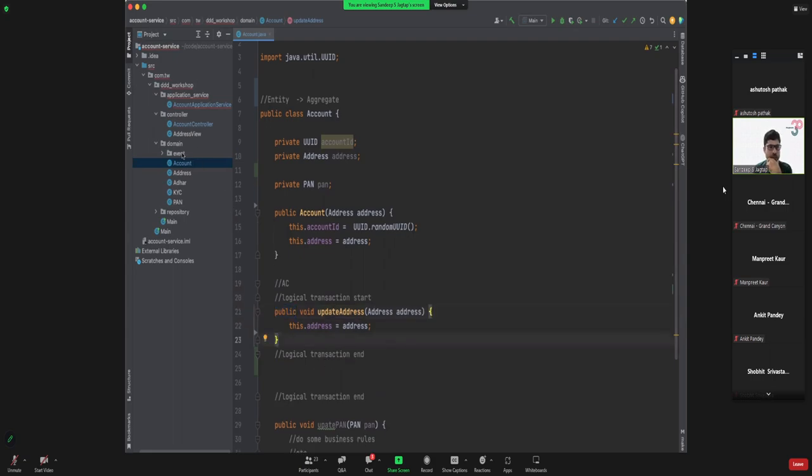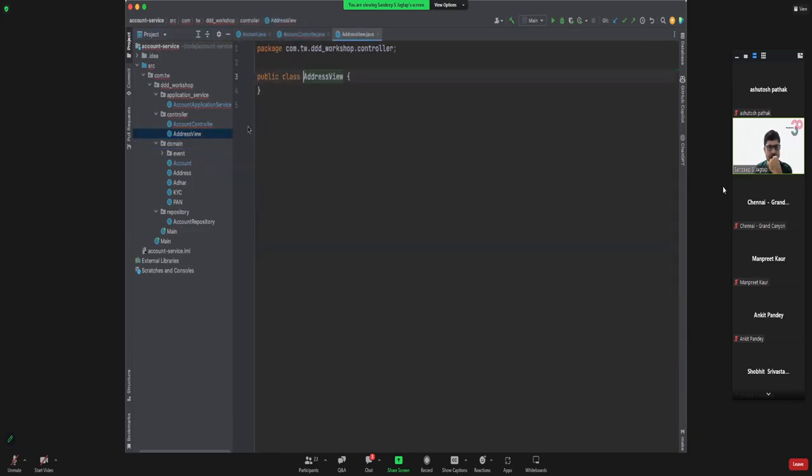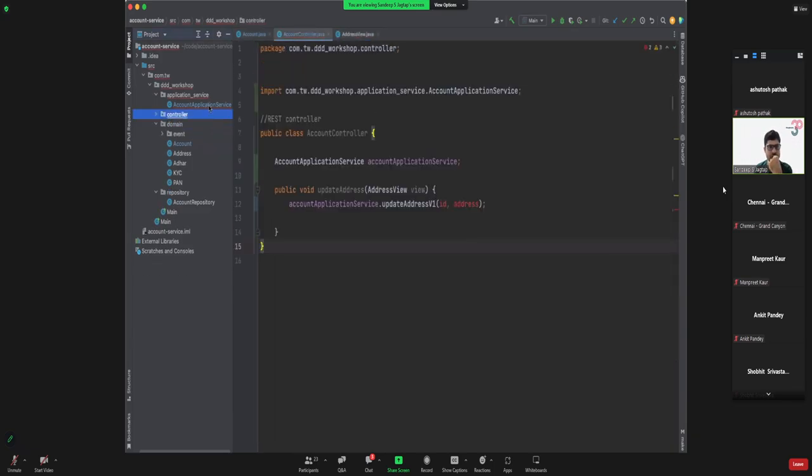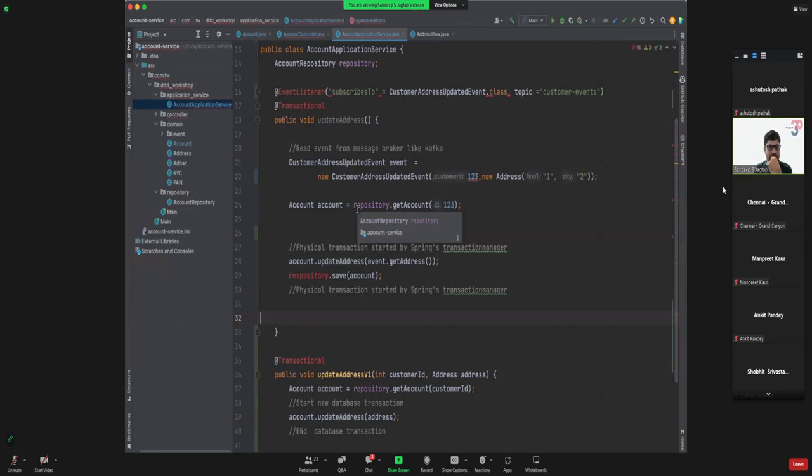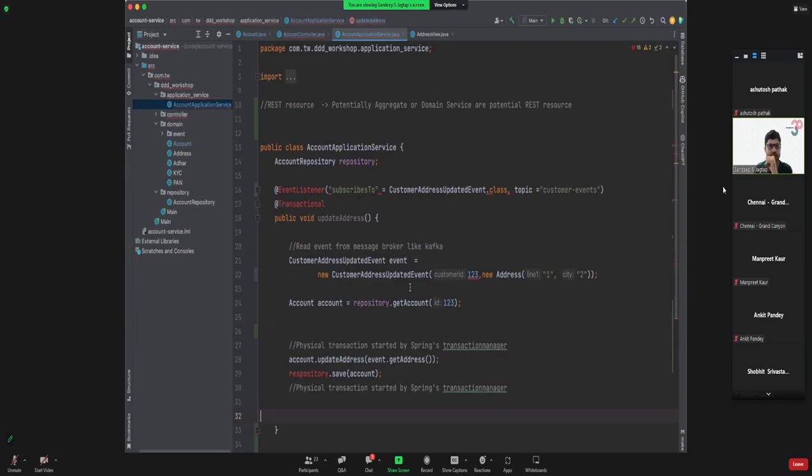Now, we'll typically have similar layers here, right? There would be a repository, an account controller, and so on and so forth. And then there would be an account application service. The application service is the place where it subscribes to that domain event, the customer address updated event.